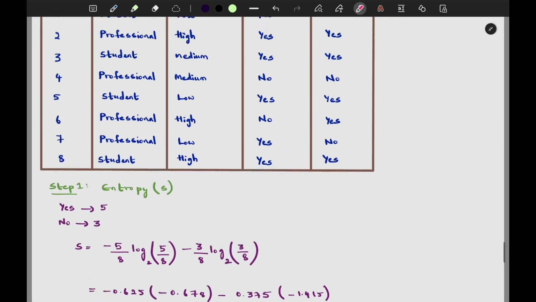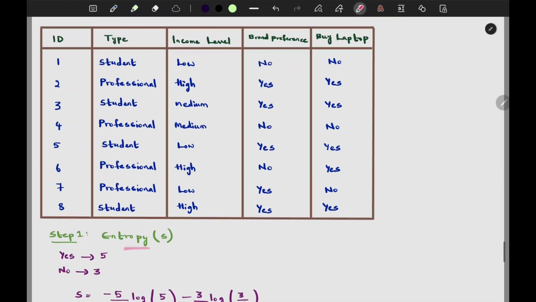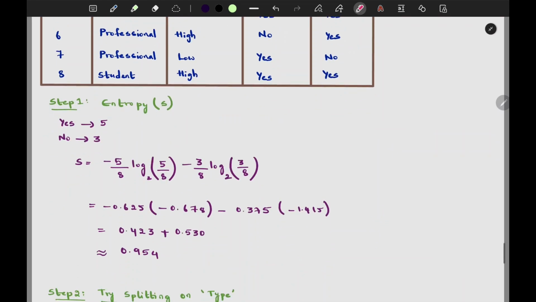So here, if you see entropy, this is the overall entropy. This will be calculated with the classification column, which is the final column, the final classification. So if you see here, I'm having 5 yes IDs as well as 3 no. If you remember the entropy formula, which is nothing but minus of the probability of positive class, which is 5 divided by 8, it's nothing but the probability, right? Like the number of favorable observations